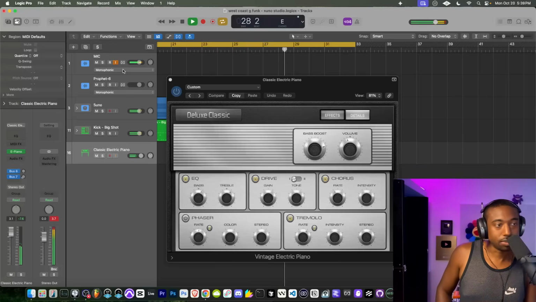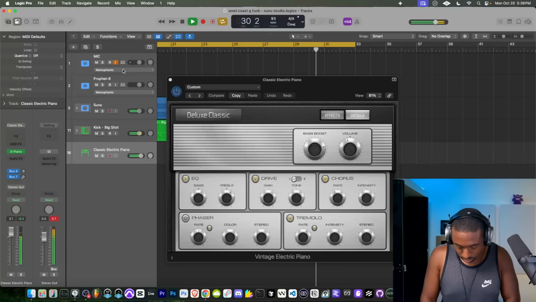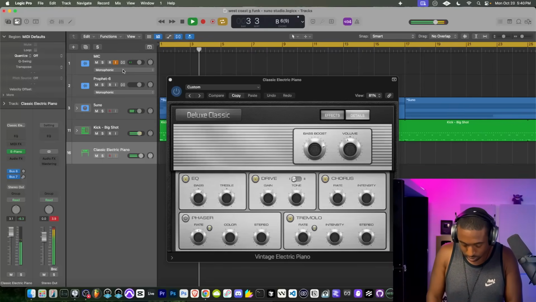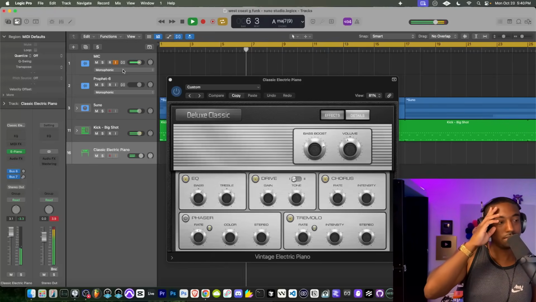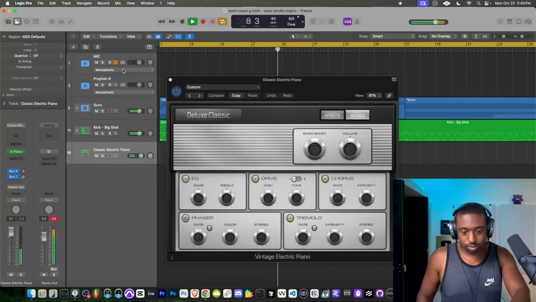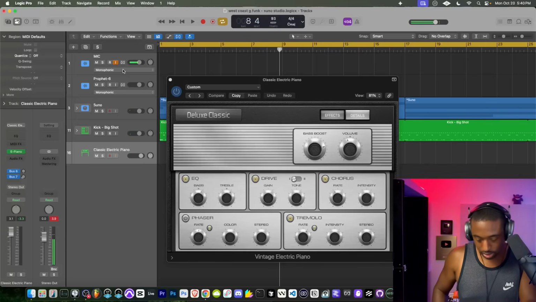Just trying to come up with the next chord. Because this is like a random key, I might transpose only because thinking of chords is a little bit difficult.